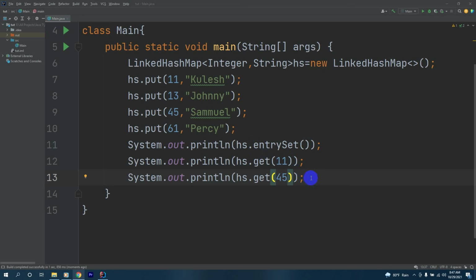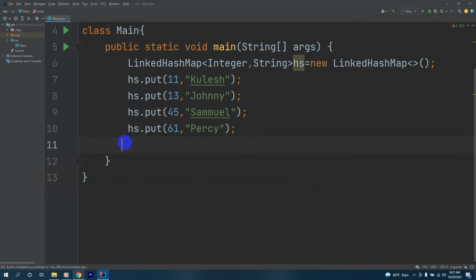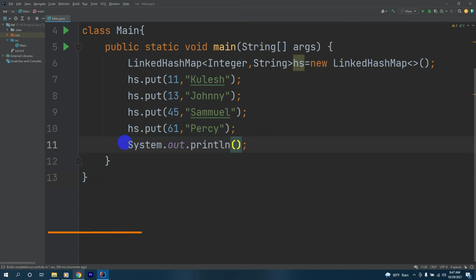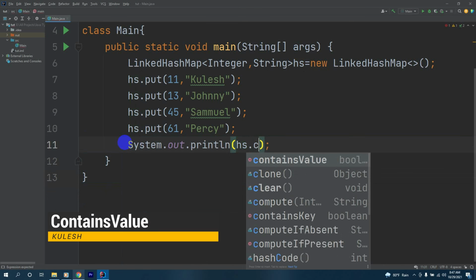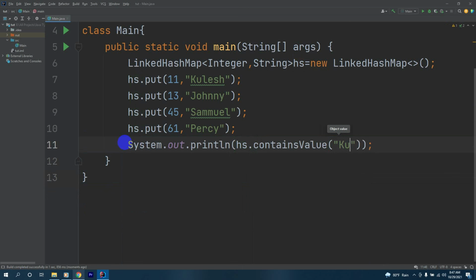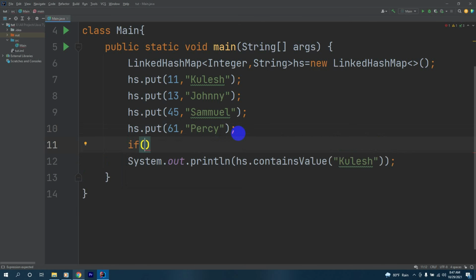Now we'll see another method. We'll remove all this code from here and we'll have an sout that prints hs.containsValue, and we'll provide a value for this. We say Coolidge, and after that we'll have an if here. We'll check if hs.containsValue Percy, and inside the if block we'll put the sout of the hs.containsValue Coolidge.